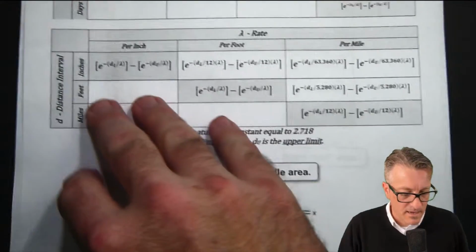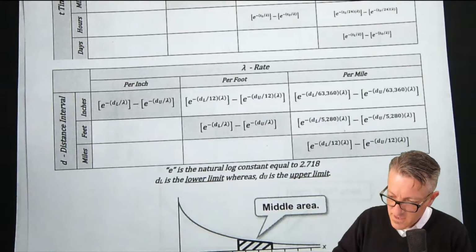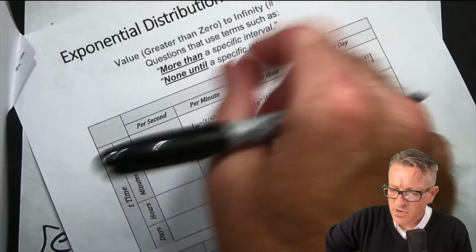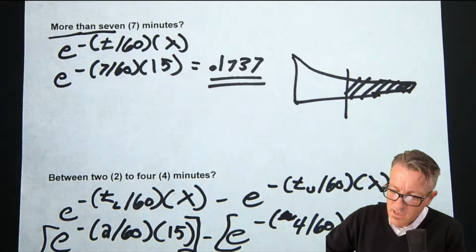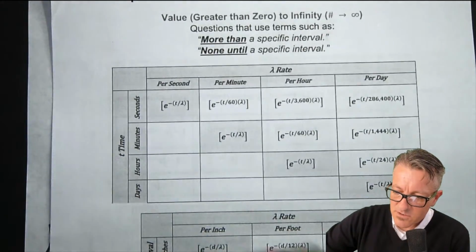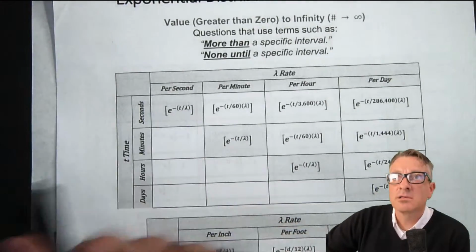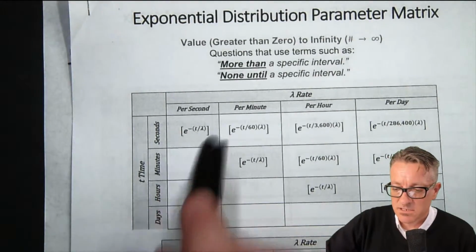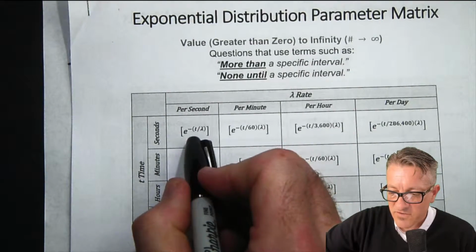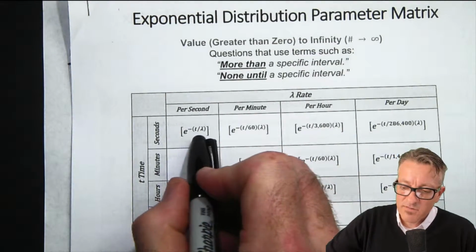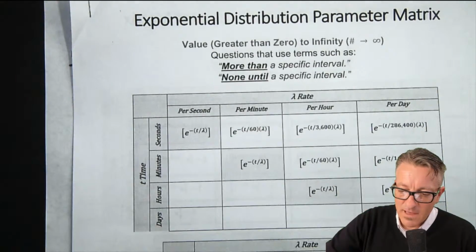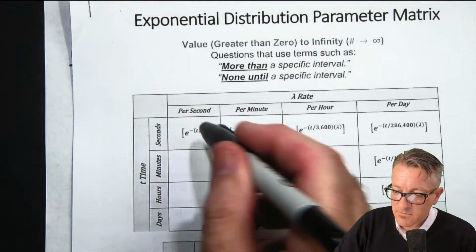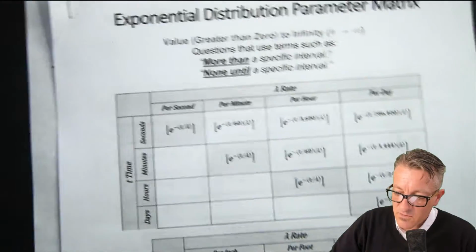So I hope some of this helped with the exponential probability distribution. And in summary, I want to point out one thing real quick. The typical formula that I use if the units are the same no matter what they are is a formula like this. Because if they are in the same units, you can just do the division work instead of, see, if they're in the same units, you don't have to convert your lambda down to the same as the time. It's in the same units, and it makes it really easy. And so it doesn't really matter.